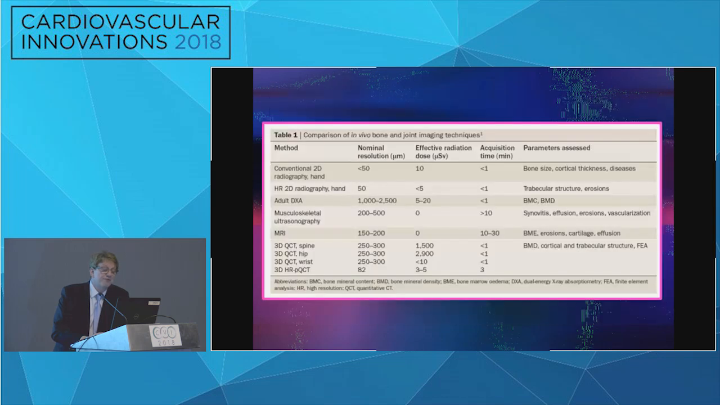This is high-resolution peripheral QCT. When we compare this in terms of its nominal resolution, 82 micrometers, compared to standard conventional CT scans, all right, and look at the effective dose. This stuff is low radiation, low radiation. So QCT of the spine, once again, this is a significant increase in its nominal resolution in order to assess